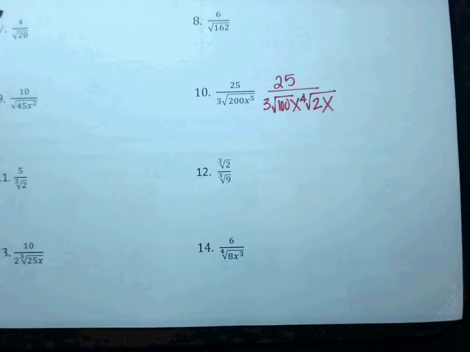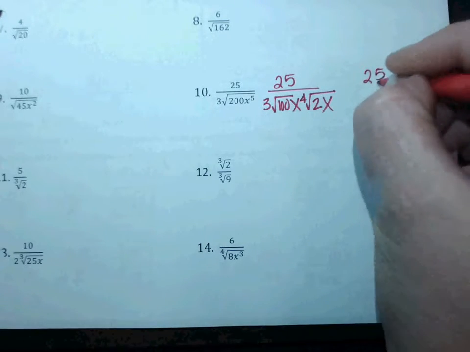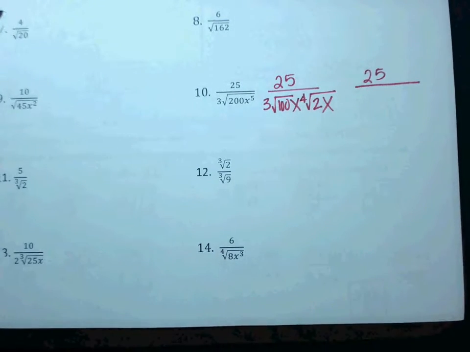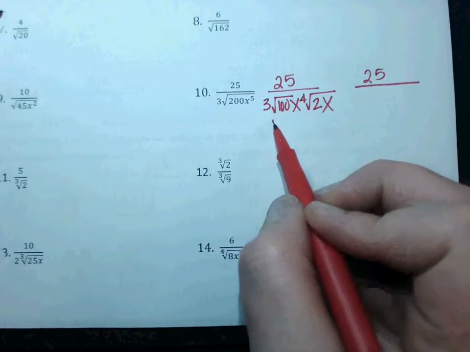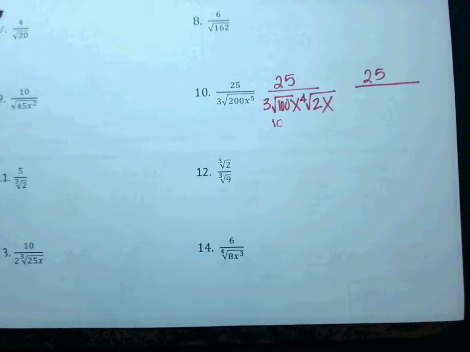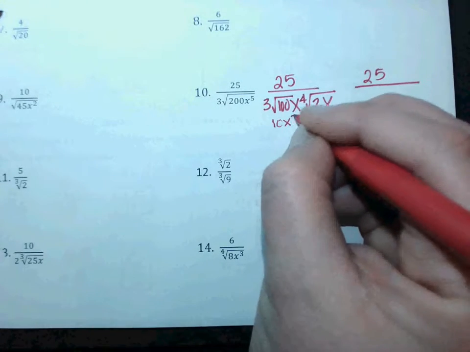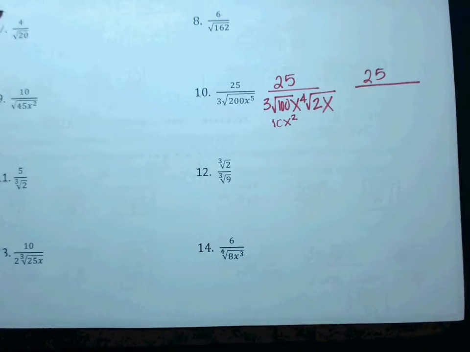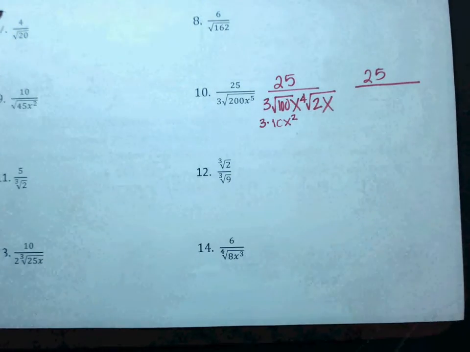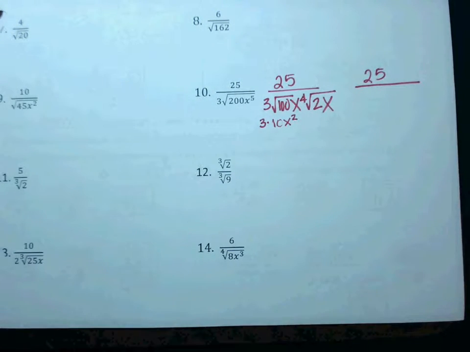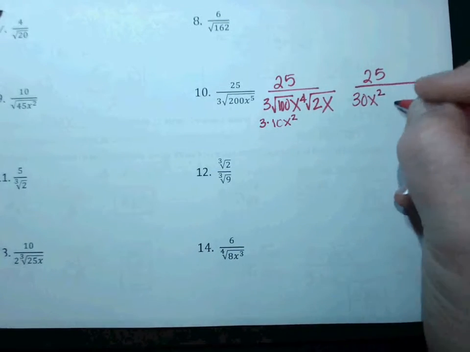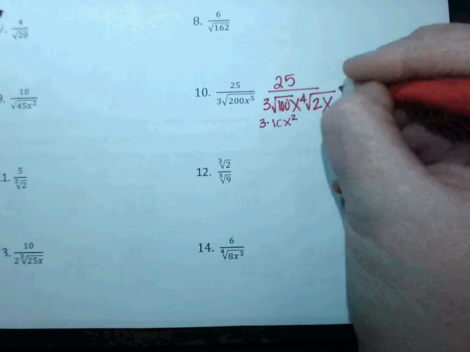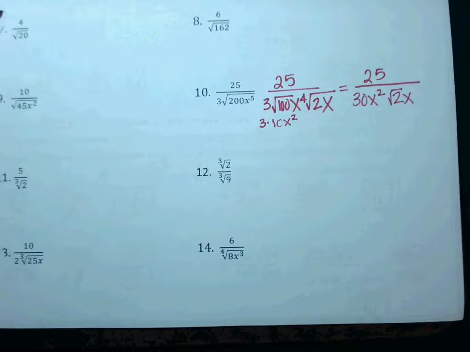Okay, on top I still have a 25. On bottom, what is the square root of 100 here? 10. Okay, and what about the x4 when I square root that? That's now an x2. But I already had a 3 in the front. So let's put those little pieces together. So if I have 3 times 10, that's really a 30x squared. And then my leftovers was a 2x. So 25 over 30x squared square root